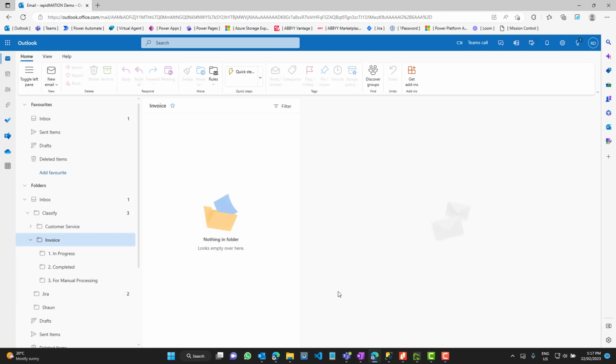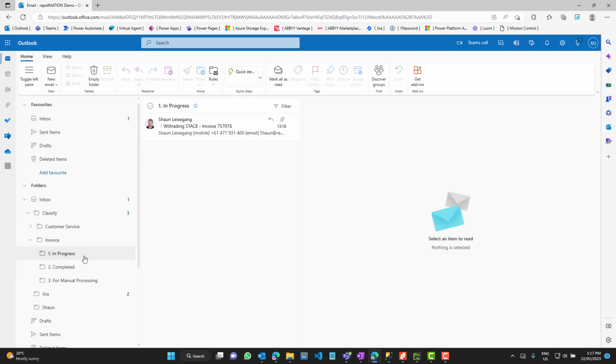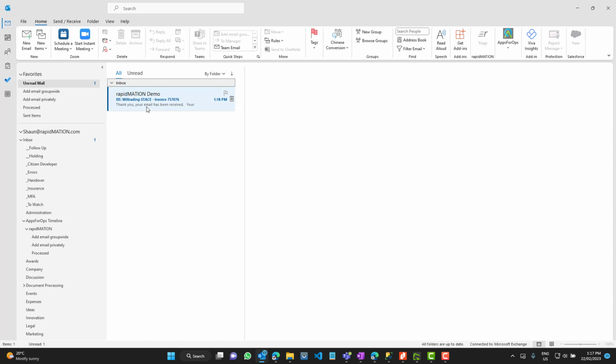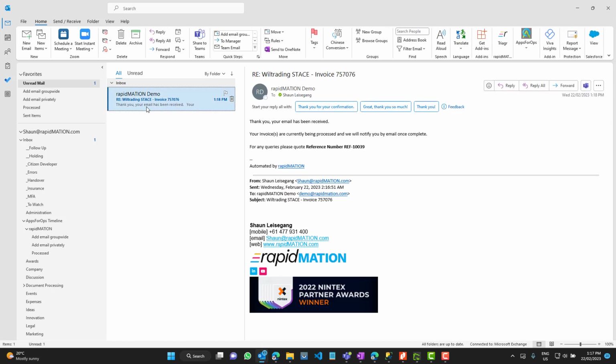And there we have it. We can see that that invoice was marked as read, and it's moved across to the in progress folder, and now our automation is busy going through and processing this specific invoice. What we can see straight away is that an email has been fired off to the person that sent in this specific invoice to let them know that the email and invoice has been received and they've been provided with